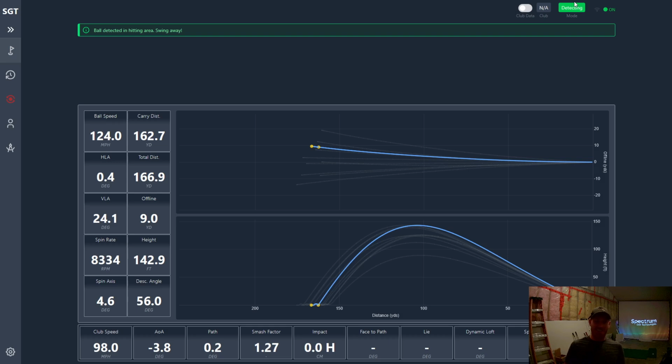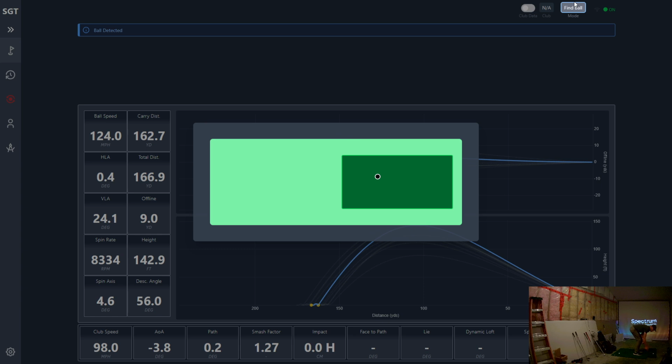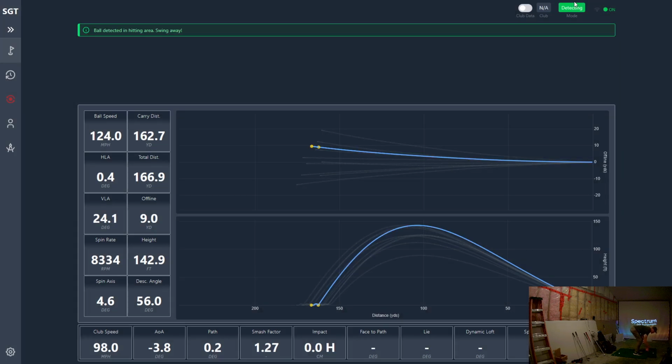I got to move the ball so you can see it. Anyways, actually I'll show you something else. When we hit a shot, when you bump the ball, you don't want the unit to register. So I'm going to pull the ball out of the hitting area, and hopefully we get no shot, and then I'll put the ball in the wrong area so I can show you how big that hitting area just became. So I'm going to knock it forward just a bit as if it fell off a tee, and do it again. And again. Oh, my hand's in the way. So I'm moving it probably 3 or 4 inches, and you can see the ball's moving forward every time, but